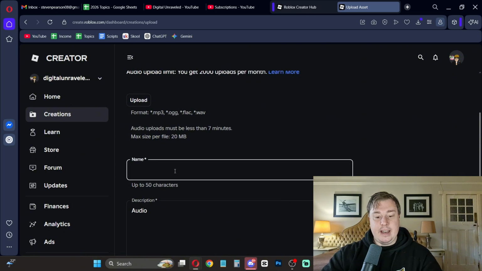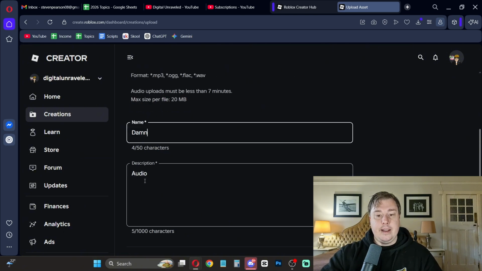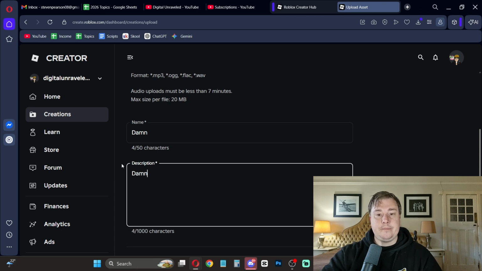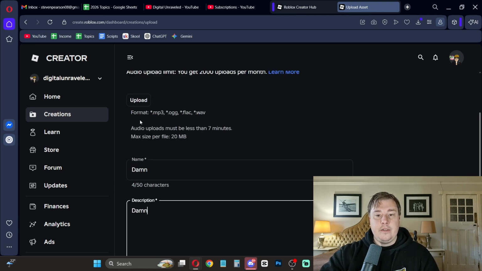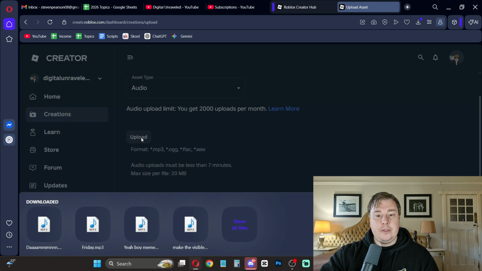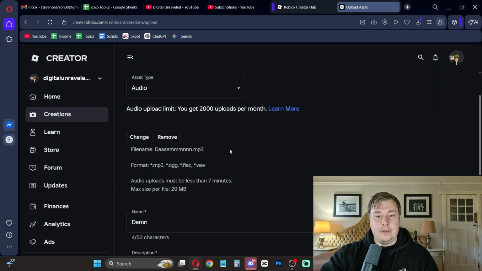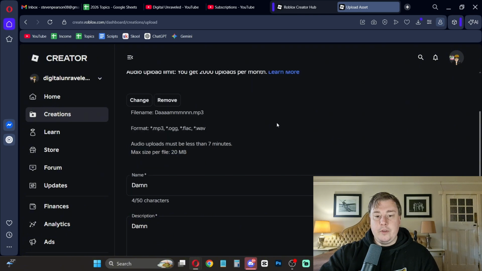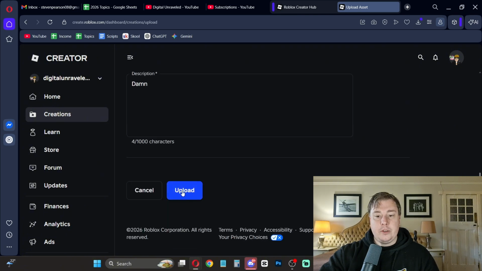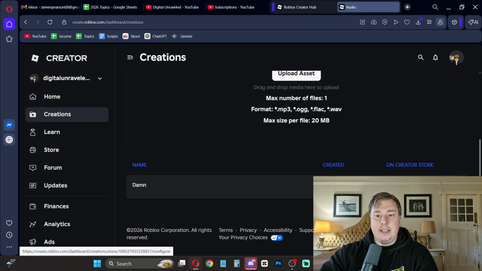I'll just give this a name and I'll give it a quick description, and the file types that they accept are MP3, OGG, FLAC, and WAV. So I'll just click on the upload button and I'll get the file, and it's an audio file. You just scroll all the way to the bottom and then you click on upload. Okay, this shouldn't take a long time because it's just a small file,